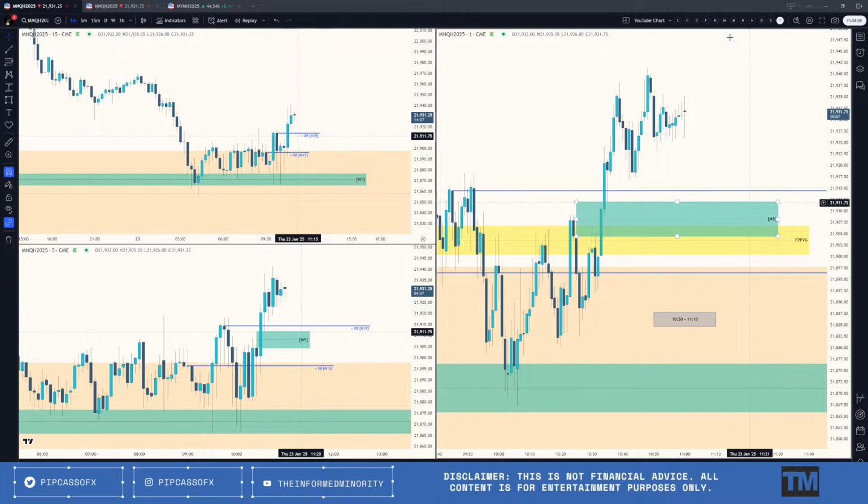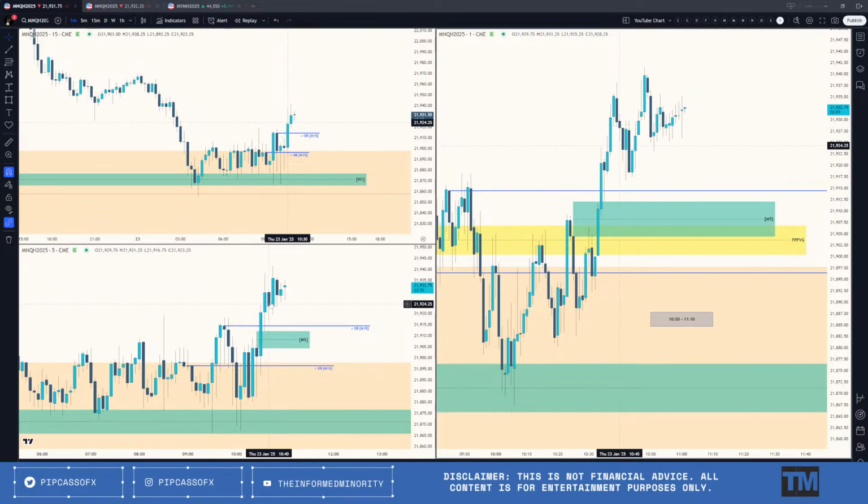And to be honest, if I was expecting a little bit more bullishness, and we didn't have Trump talking and all this stuff, I would actually want to see this remain a breakaway gap, and then use this to trade higher. I wouldn't even want to see us come down.